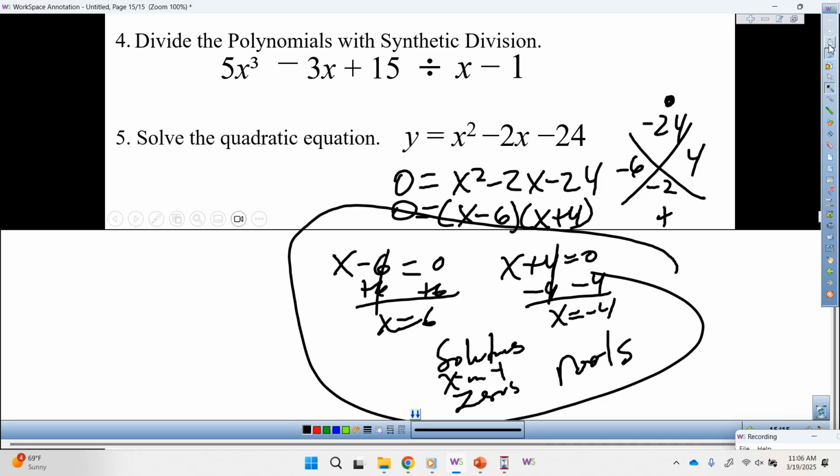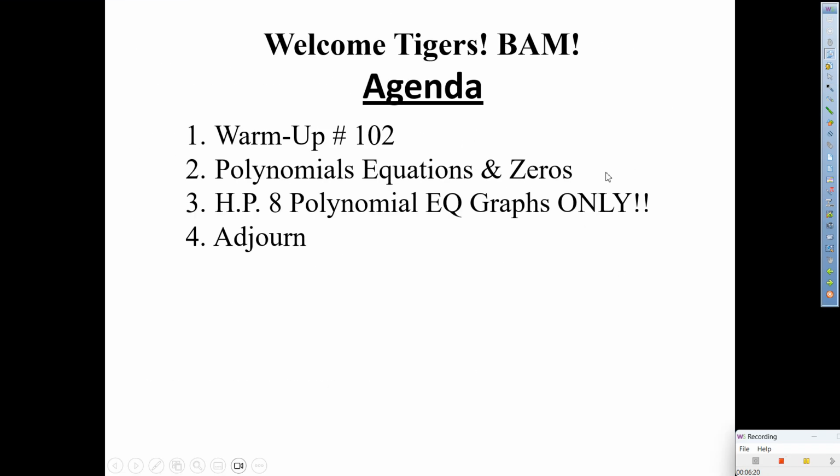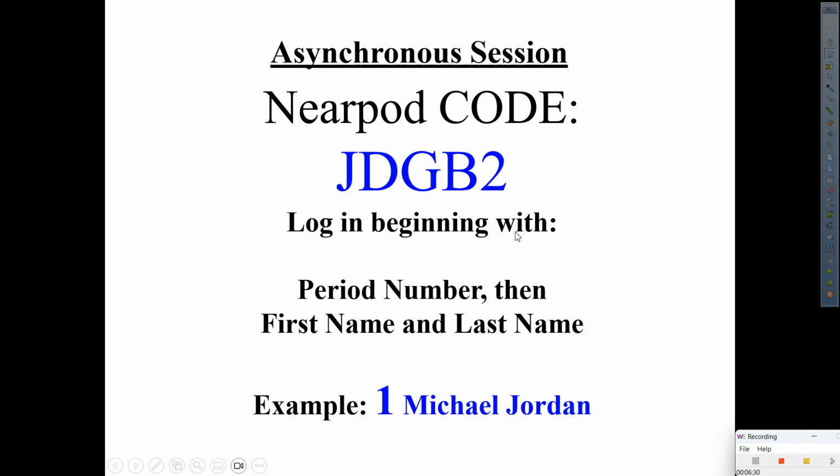Let's go. All right, the agenda for today, warm-up 102. We're on polynomial equations and zeros. Tonight's home plate, 8 polynomial equations and graphs. So, copy the code, JDGB2. Now, as I mentioned yesterday,